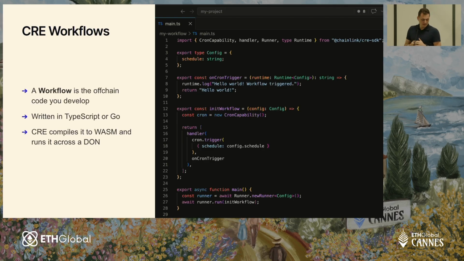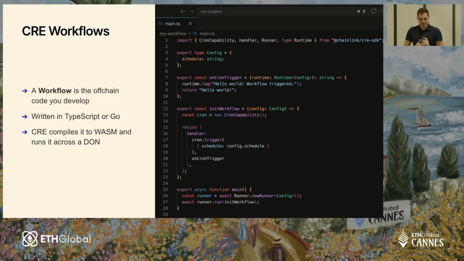The important thing is that CRE will compile all of your workflow code to WebAssembly, and then it will run it across a decentralized oracle network. The decentralized oracle network is the same one we have for other Chainlink services, meaning that there is no single point of failure. Each of these nodes in a DON will execute your workflow code, and then they will talk to each other to reach a consensus on the final callback before you get the final callback. If you're familiar with Functions, this is just Functions but way better because you can combine multiple different EVM reads and writes in the same workflow,